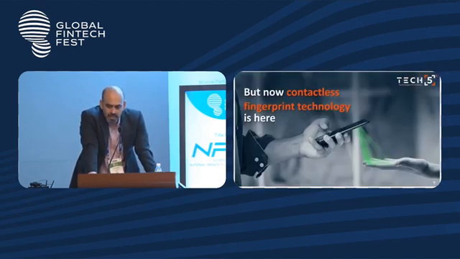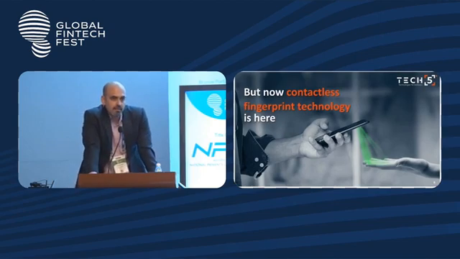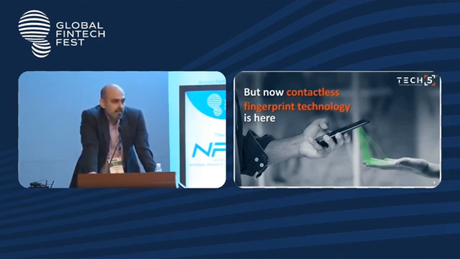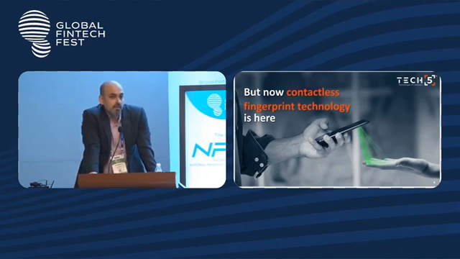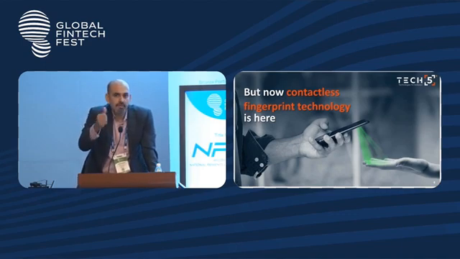But there is also a gradual move towards contactless fingerprint technology, and this is the innovation that we are looking at in the market. We all are used to scanning our fingerprints on the mobile phone by touching it. But what we are seeing is there is a huge market out there, especially for civil identity systems, where touchless or contactless fingerprint scanning is becoming the norm. The main difference is that fingerprint sensors in the phone are very small, and I'm pretty sure all of you would have enrolled your fingerprint into your phone. It does not allow you to do that in one shot. It asks you to put your fingerprint in all different directions.